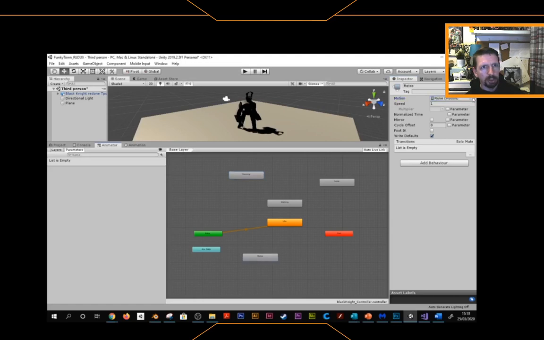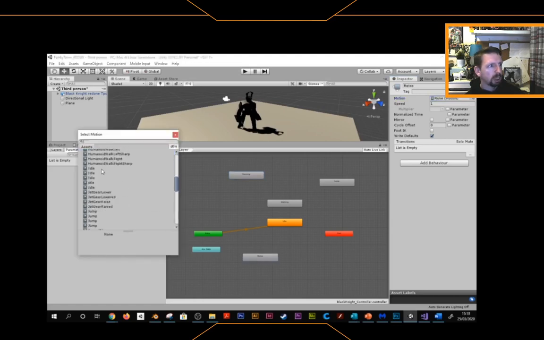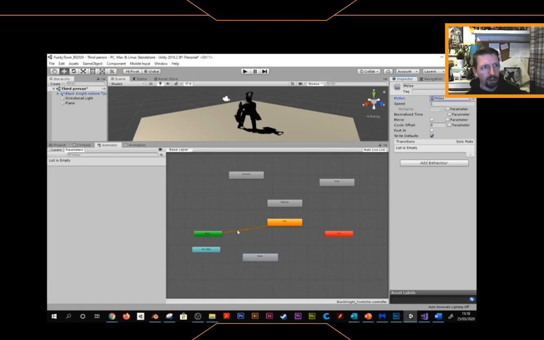And last but by no means least, melee. Same way. Find melee. Not that one. This one. There it is, double click. Alright, so that's all of our animations in. So we've got our states of our animations and we've got the actual animations loaded into those states. So when we link these together and then when we later on call them in the script, they will play